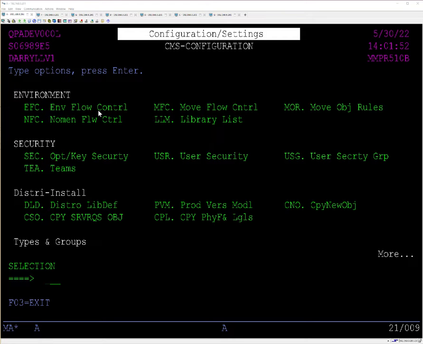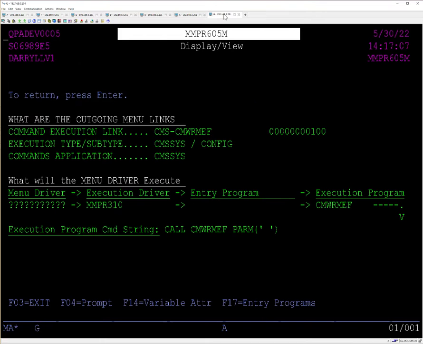So this option will execute a command, CMWRMEF, no params, or one param, no value passed in. It's probably a return code that I don't need. And this command is defined in what's known as the execution link. The execution link basically has the command string, a driver, an application code, an execution type, subtype, and the name